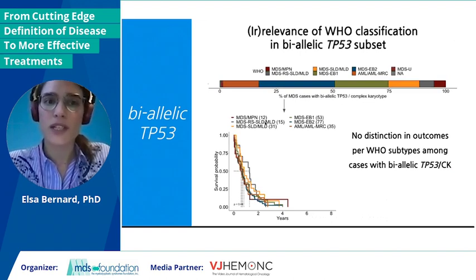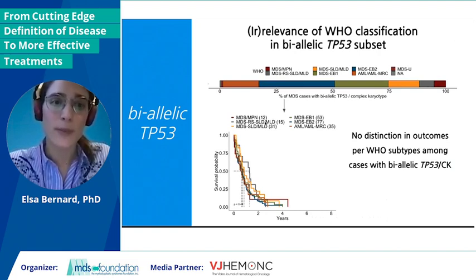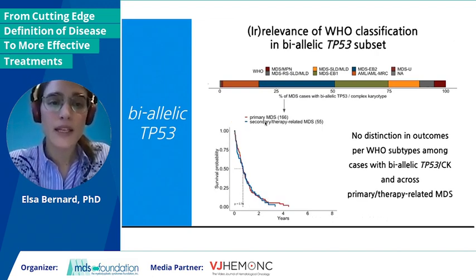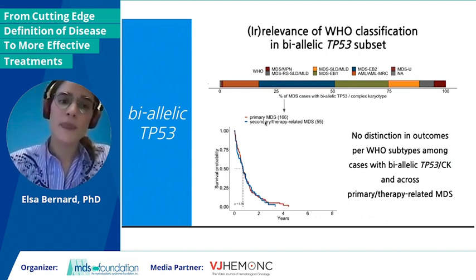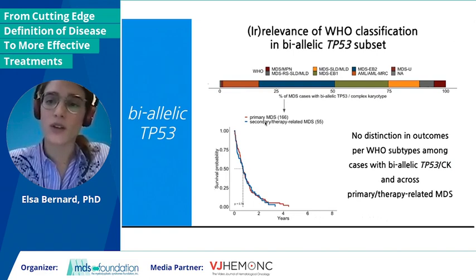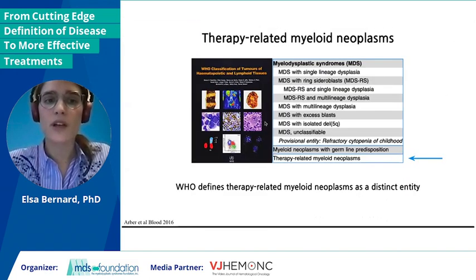But with regard to the current classification, cases with biallelic TP53 are classified predominantly in MDS with excess blasts, but also in other subtypes such as MDS-SLD and MDS-MLD. And there is really no distinction in outcomes between the WHO subtypes among cases with biallelic TP53. Similarly, cases of primary MDS TP53 biallelic or therapy-related MDS TP53 biallelic are virtually identical with regard to outcomes. Which brings me to a very short section I would like to discuss, which is therapy-related myeloneoplasms,